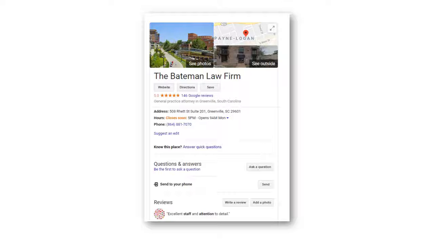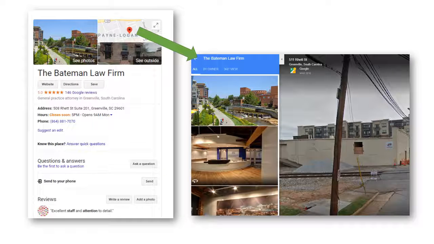This is all the information that needs to be optimized. You need to make sure that your hours are there, and when you click on the photo section, it will open up into a page like this that has photos. This guy has a ton of photos, and you want to upload photos of your exterior, your interior, your staff, and so on. You want to make sure that those are geotagged, that your address information is embedded in those photos. Actually, if you take your photos with a cell phone that has location services turned on, they will be automatically embedded with the geotagging.